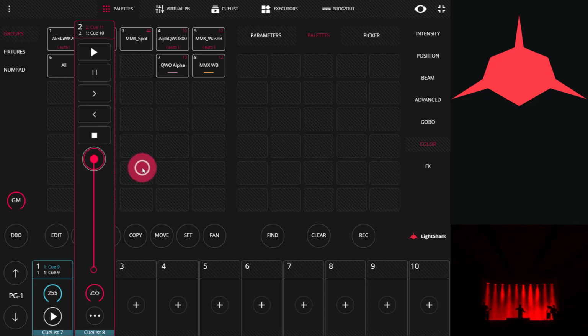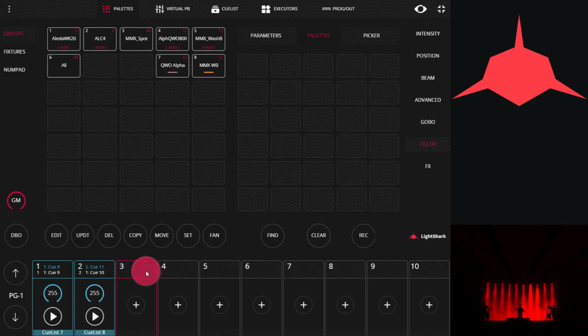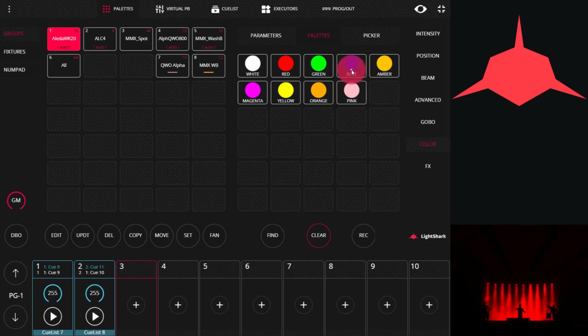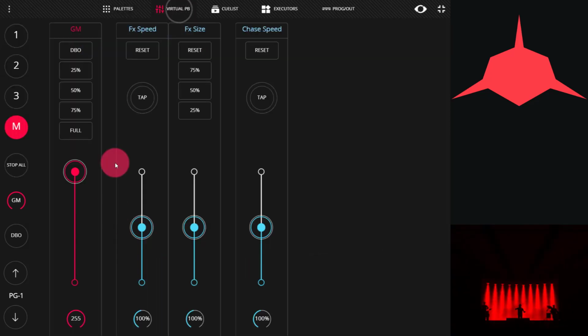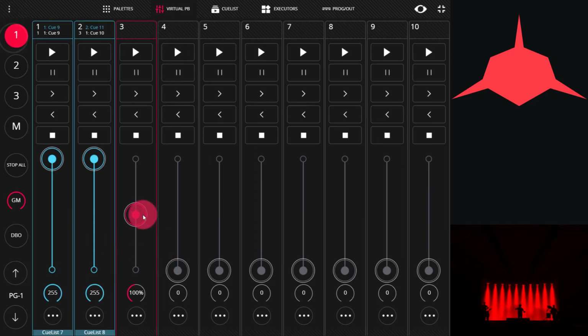There. Let's add another cue to the mix to see how this will work in a longer theatrical cue list. This time we'll go blue. Add it to our cue list. And then we'll see as we move the playback up and down. We can go from Q1 or Q2 to Q3, back to Q1, and have precise control over the fade time